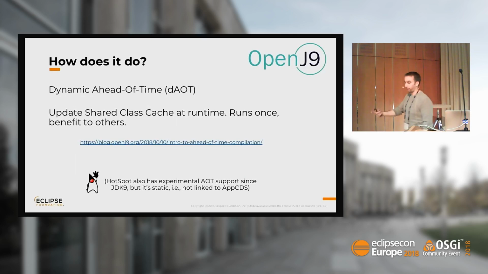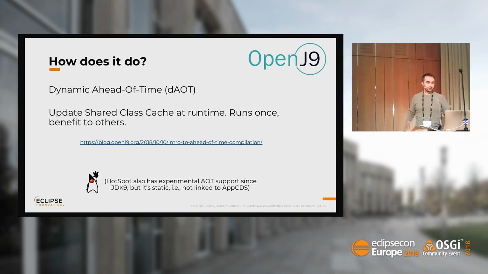But where OpenJ9 goes further is that it has a dynamic ahead-of-time compiler, meaning that this shared class cache does not only contain a class file format closer to the internal representation of the JVM, it also contains a pre-JITed, pre-compiled version of your class files, meaning that once you load it, you basically load the binary version of your class file, and you don't have any interpreter anymore that needs to run on your class file. So of course it's not the best, it's not exactly the native binary that you would get after 30 minutes of JIT, because it's only an ahead-of-time compiler, but it still helps a lot with the startup time, and it helps to reach the better